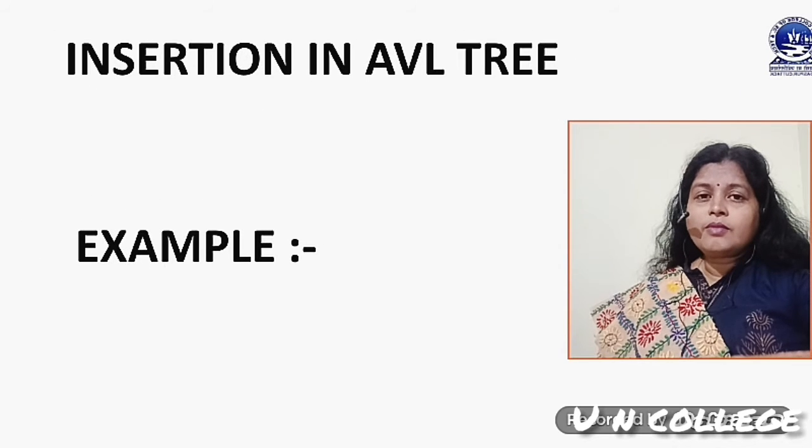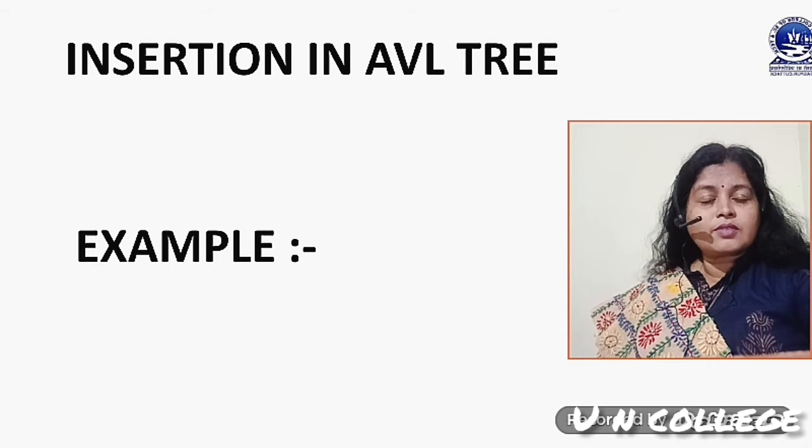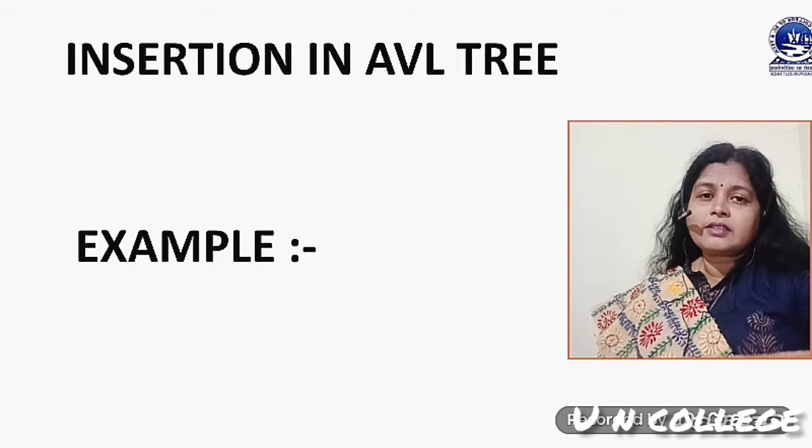Now we will discuss insertion in an AVL tree by using one suitable example so that you will have a clear concept of the AVL tree. We will start the insertion operation and assume that there is an empty tree. It means that there is no AVL tree, and we will create the AVL tree and insert nodes one by one, step by step, so that you will be clear. At the first step, let the data be 50.